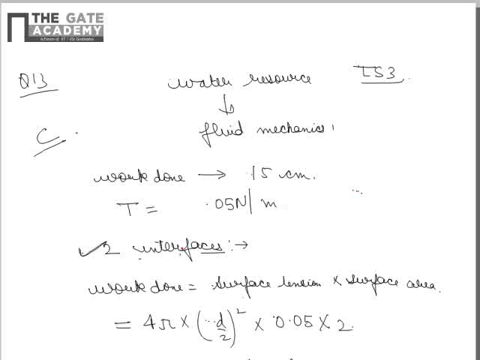Now about two interfaces, say this is a bubble, then we have a thin film here, air inside and air outside, so we say it has two interfaces, whereas in the case of a drop we will have water inside and air outside, so there will be only one interface in the case of a drop. So in the case of a drop this 2 will not come if it is asked in such a way, but right now C is the correct answer.